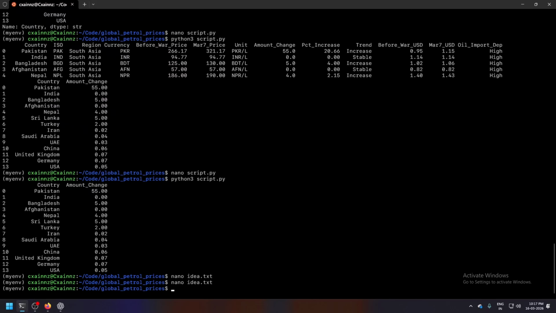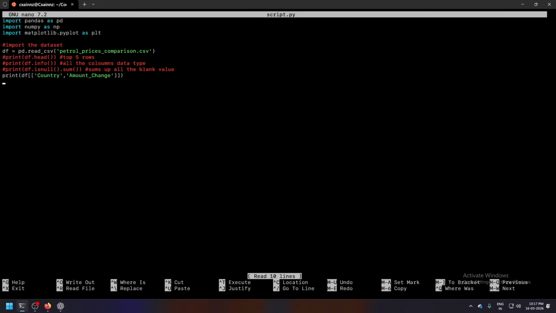So I can show a graph of each country and the amount change, with the country on the x-axis and the amount on the y-axis. So let me plot a graph.